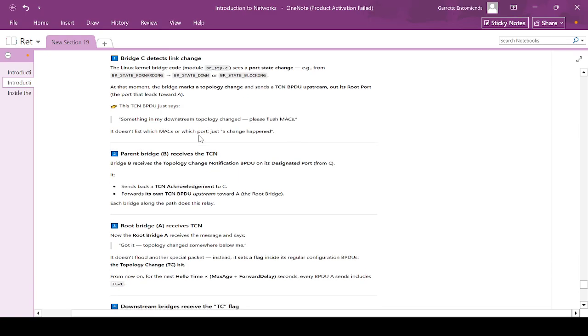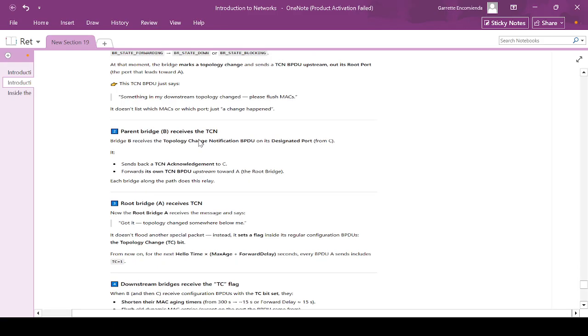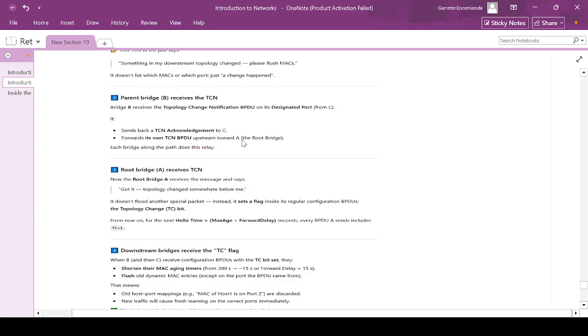So since it has a root port, it is able to send a TCN upstream. This TCN BPDU just says something in my downstream topology changed. Please flush MACs. It doesn't list which MACs or which port, just that a change happened. So it doesn't say particularly what MAC address needs to change. It just tells it that the TC bit needs to be